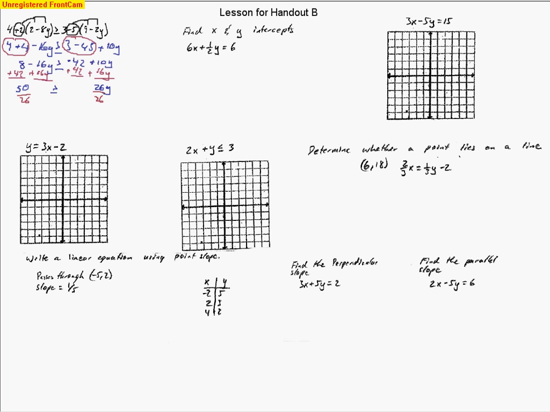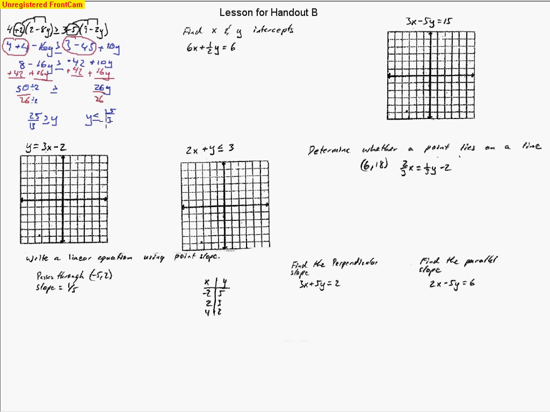And so there's only a common factor between these two terms. 26 doesn't quite go in there evenly, so I'll just take out that 2 that goes into both these numbers, and now I've got 25 over 13 is greater than or equal to y. Now, typically you're not going to see an answer this way. We more or less like to see it with y first. And so notice that the inequality sign points to the y. So if I turn it around, I've got to have the inequality sign still pointing to the y. So y is less than or equal to